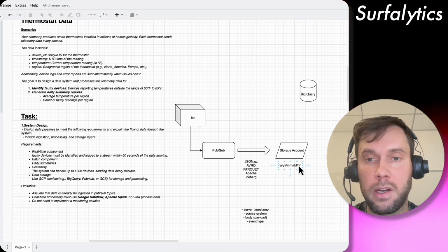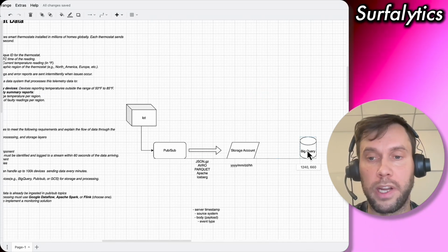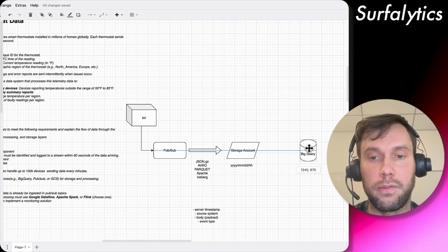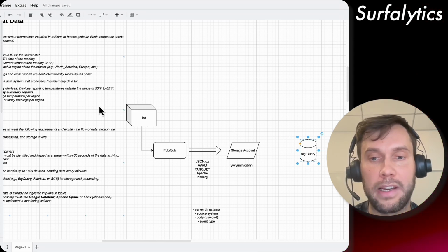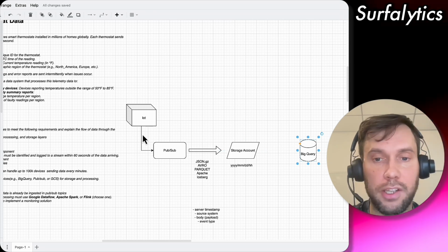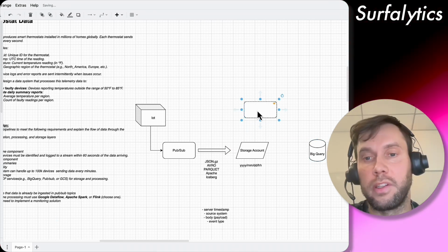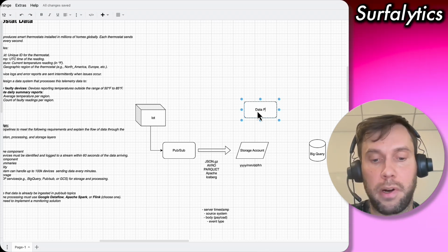From here, I have different options for what I can do, even for the faulty devices. For example, I can use a service called Dataflow, currently with Spark serverless.